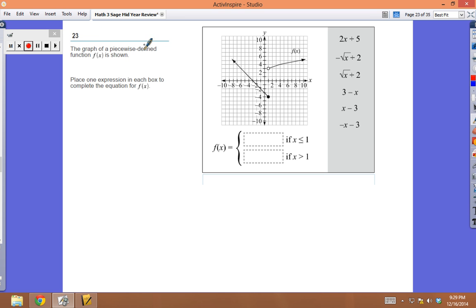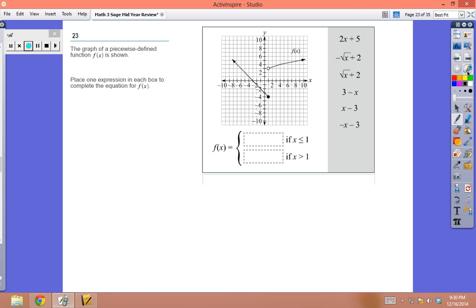Okay, the function is a piecewise function. Place one expression in each box to complete the function. So here we go. They want you to look for when x is smaller than or equal to 1. So on your x number line right here, here is 1. So anytime x is this side of 1, anything to the left, you're going to be looking at this line right here. This line is a linear function, and its y-intercept is a -3,